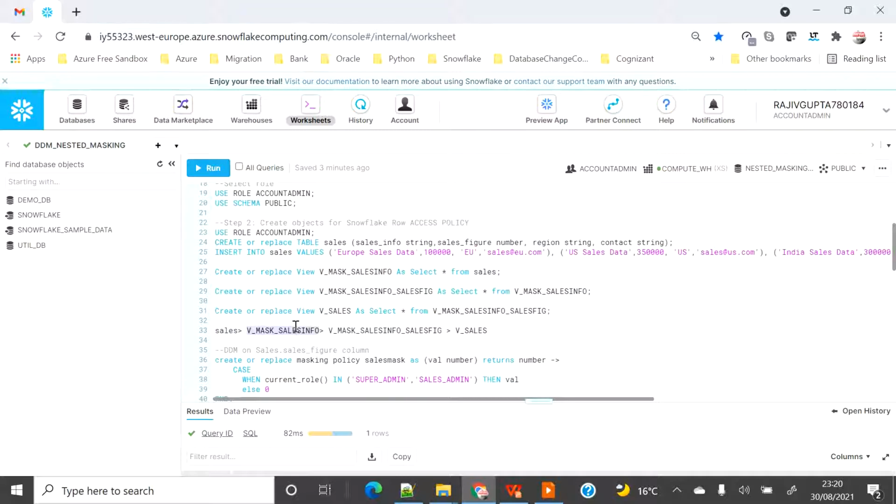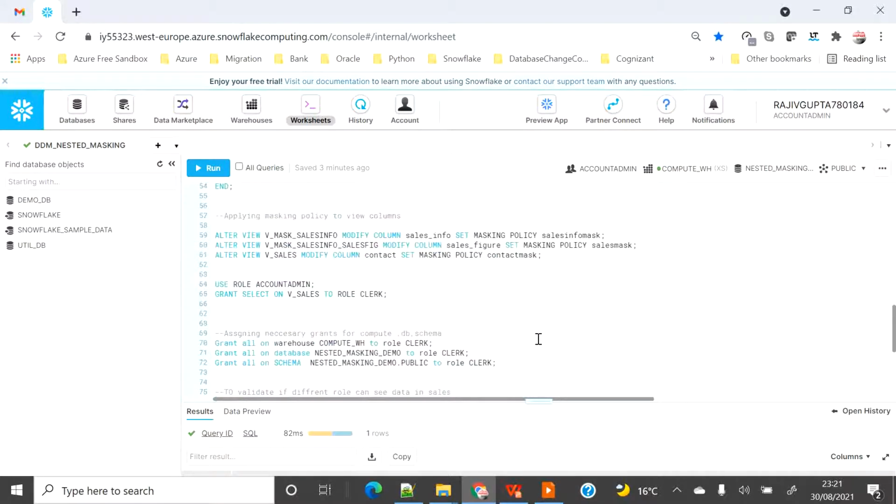V masking sales info has the sales info column masked, but all the other columns are visible. On V mask sales info sales fig, only sales fig and sales info are masked. The contact column is still unmasked. And on V sales, I'm going to apply the contact masking, so this view will have all three columns masked: sales info, sales fig, and contact.